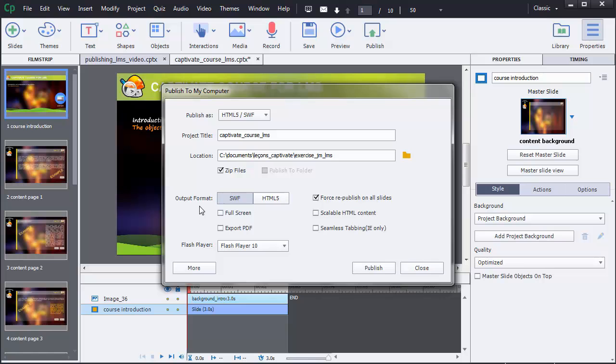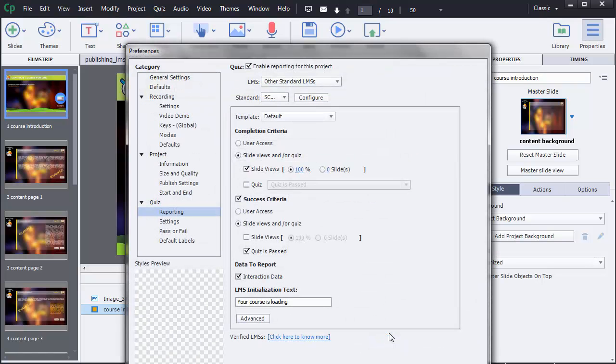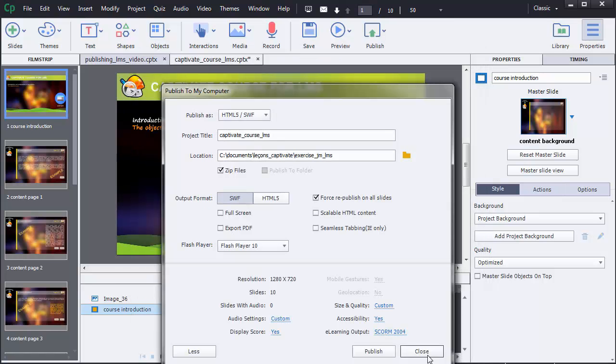Beneath, you can also select the Flash player used by your target audience or available on your company's network. Once you've made your choice, the More button displays settings we can adjust if needed. To do so, just click on the blue text of the setting you want to change and perform the change in the displayed window, then validate. I cancel to go back, and now we have finished. We can click on Publish.